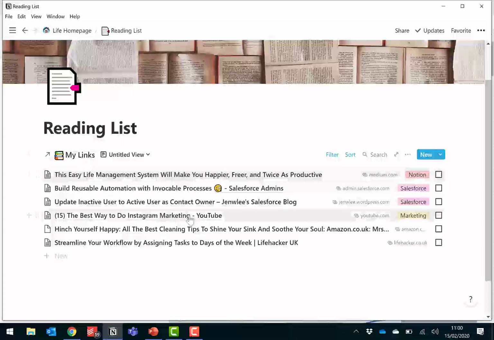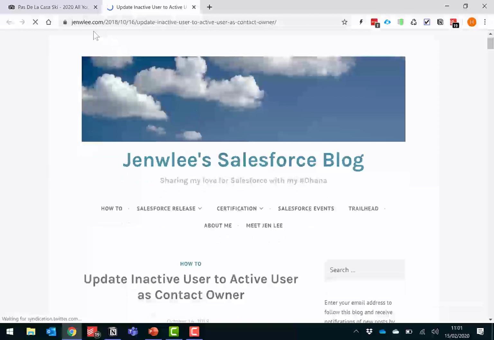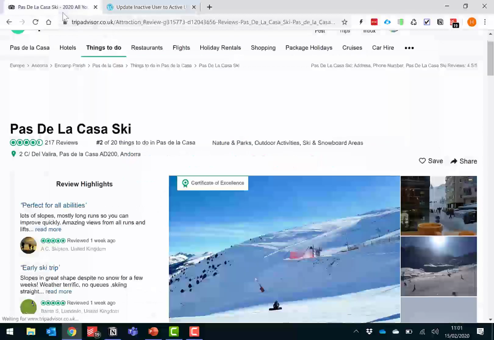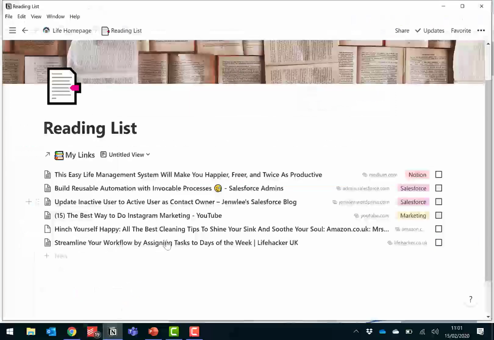Here I can just click and it will take me to the website in order for me to read that. But because I have the reading list all in one place, we can categorize it.